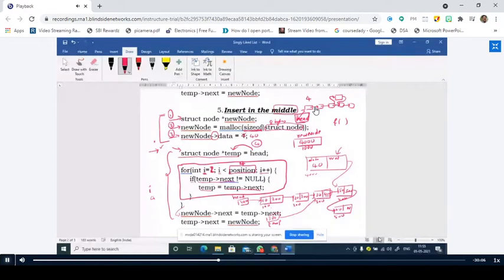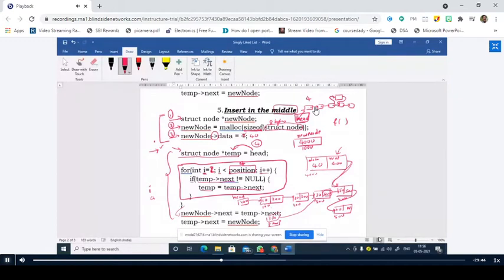Next part. We are having a pointer to the previous node, that is temp. So temp next is equal to, what is the value of temp next? 400, sir. So if I assign new node of next is equal to temp next, is it equal to 400 or not? Yes, sir. Therefore, one link is created from here to here.